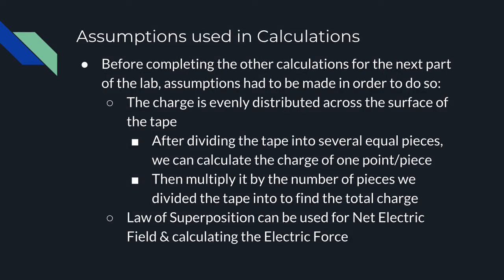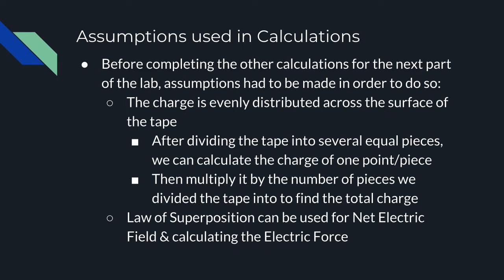Before completing the other calculations for the next part of the lab, some assumptions had to be made in order to do so, such as that the charge is evenly distributed across the surface of the tape. So after dividing the tape into several equal pieces, we can calculate the charge of one point or piece and then multiply it by the number of pieces we've divided the tape into to find the total charge. The other assumption is that the law of superposition can be used to calculate the net electric field and the